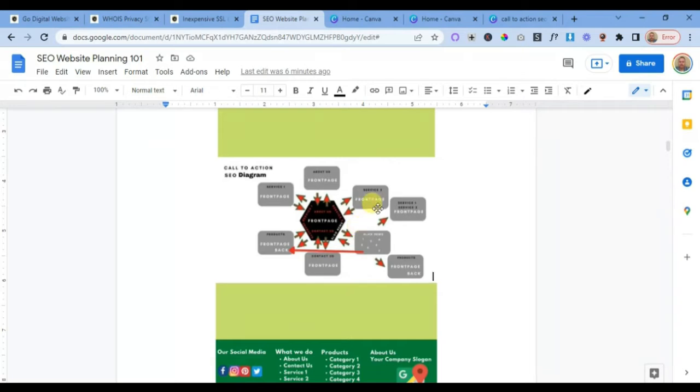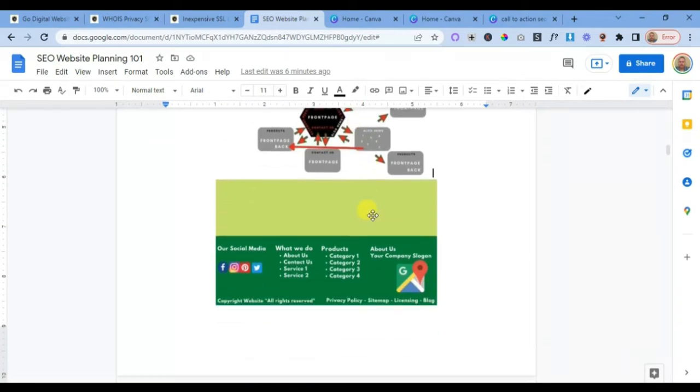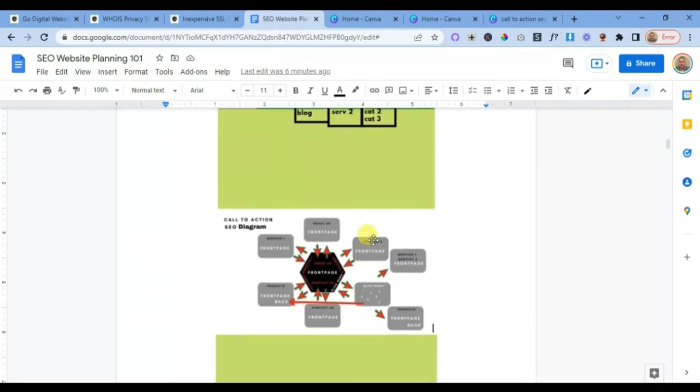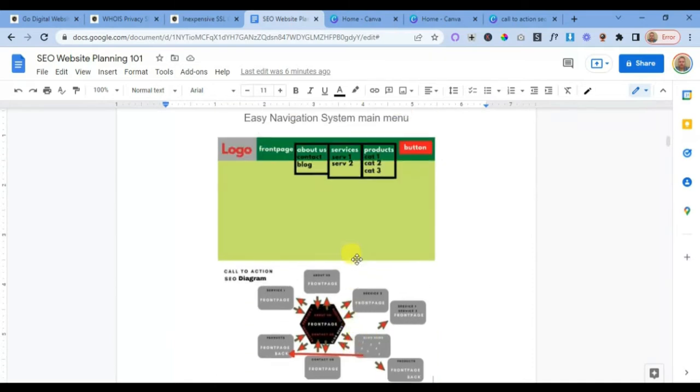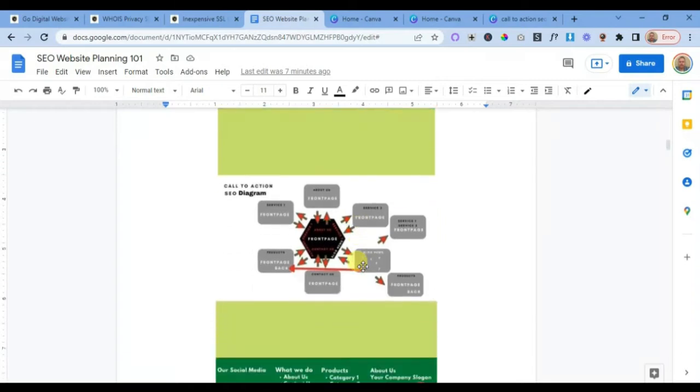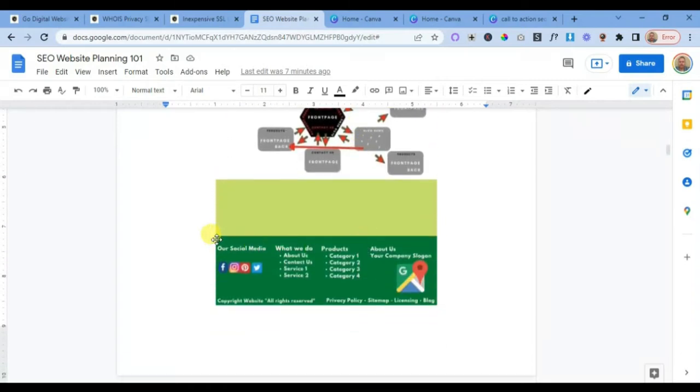And plus you cannot have many products as well. If you're going to have a lot of products, it's important that you do an advanced SEO, advanced search engine website, okay. All right, so in the footer menu, it's important that we have the social media, because the social media,